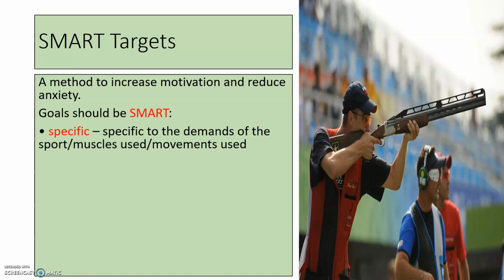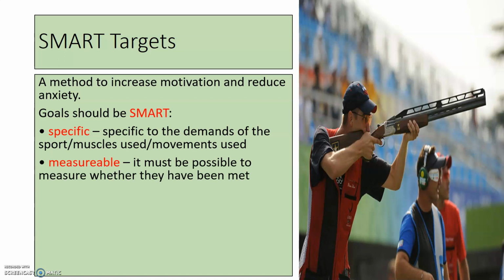Okay, and the first letter S refers to as specific. So the target itself, the goal itself, must be specific to the demands of the sport, maybe the muscles being used or the movement types being used in that specific sport. It also needs to be measurable, so we need to be able to measure our goal. Ultimately, if we can't measure it, then we can't see whether we've made any progress in it. So that could be through time, it could be through some sort of measurement. If we're looking at long jump, for example, so we're applying some units, whether it be centimeters, meters, to our